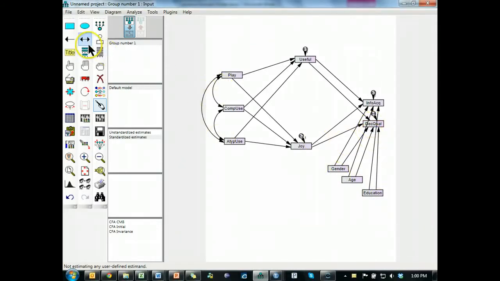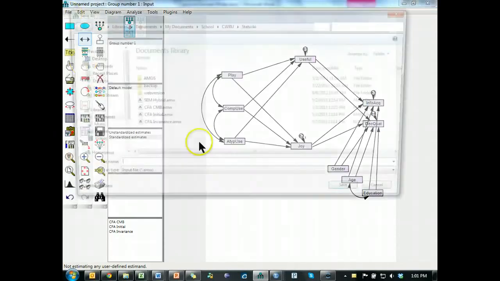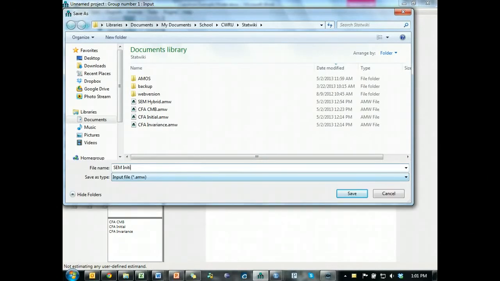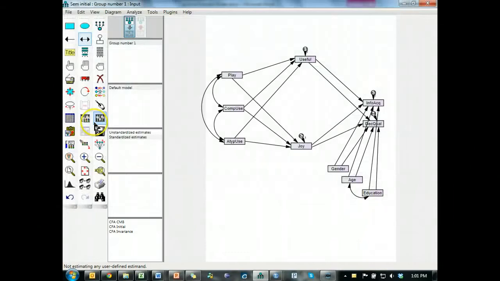let's keep going. Do I need to covary these? Well, only if we think that they should be covaried. Like age and education, yeah, those are probably covaried. The rest of them with these guys, not so important. But maybe our modification indices will tell us otherwise. Let's go ahead and save this. Save as SEM initial, save. And I am going to run it to look at model fit and to see if I need to